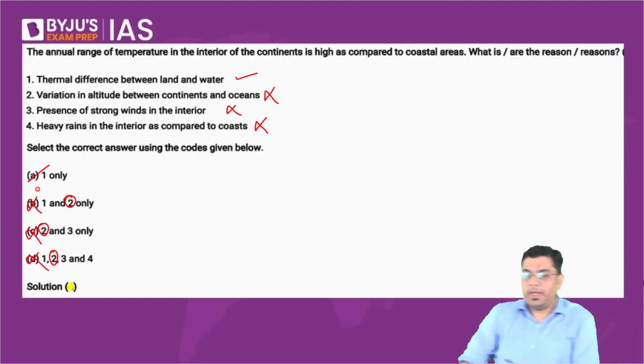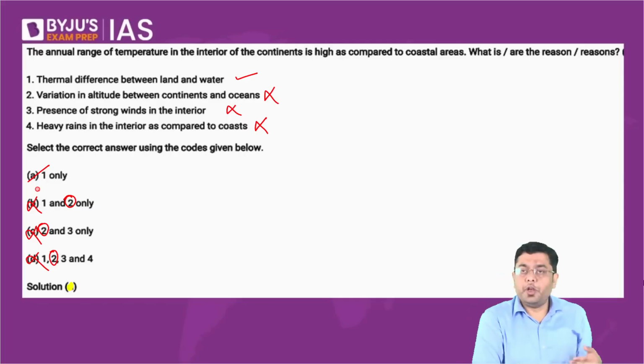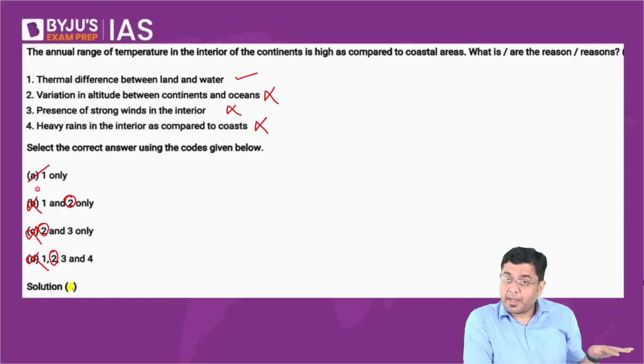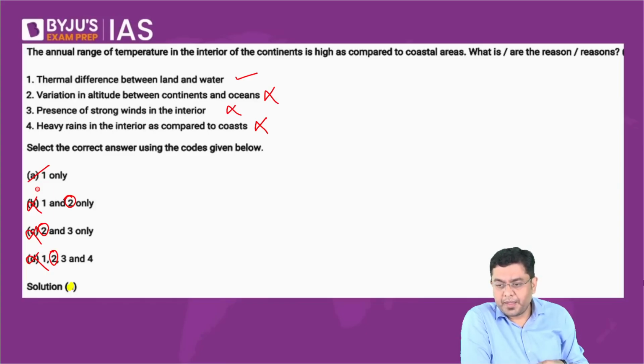That is one only. That is because here you will always have a kind of moderation of temperature in the coastal area, but greater variation in temperature range in the interior areas. But there is cloud formation because of moisture. So